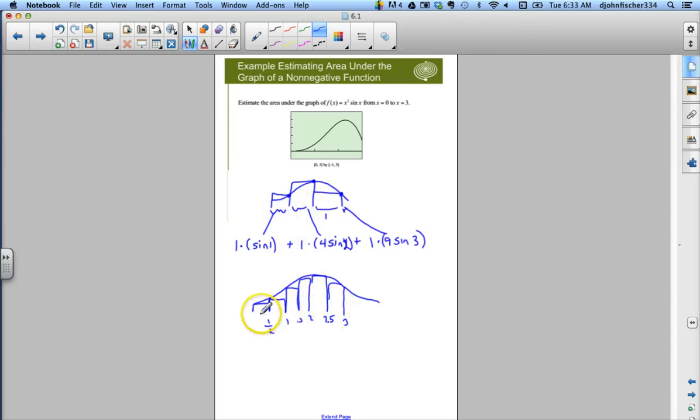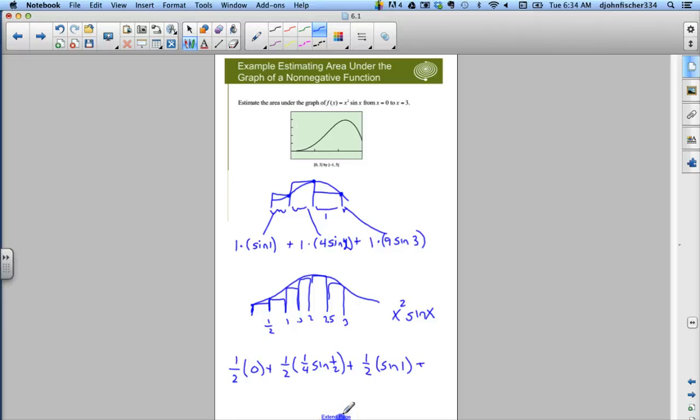Now we set up the same way, but instead of 1 times, the width of our rectangles is going to be 1/2. Now I'm using LRAM. My first point to plug in is 0. So I'm going to have 1/2 times, my equation is x squared sine of x. If I plug in 0 here, it's going to be 0. So 1/2 times 0, plus the width of my second rectangle, 1/2 times, I plug in 1/2, so it'll be 1/4 sine of 1/2, plus my third rectangle, I plug in 1, so it's 1/2 times 1 squared sine of 1,